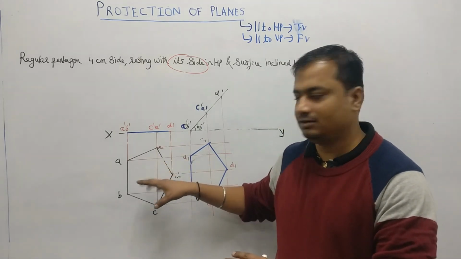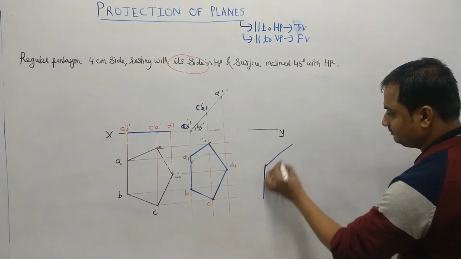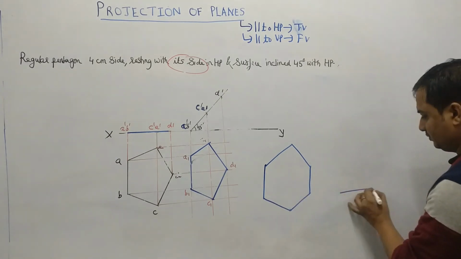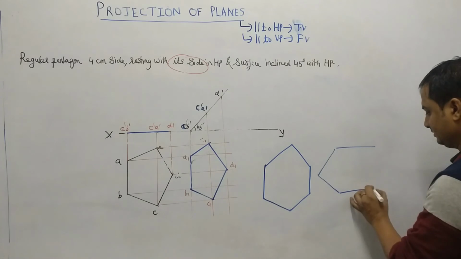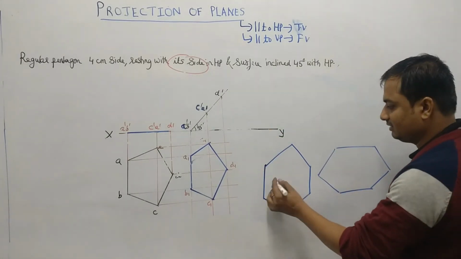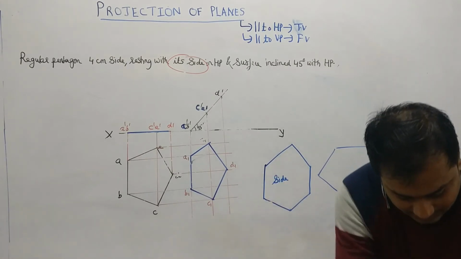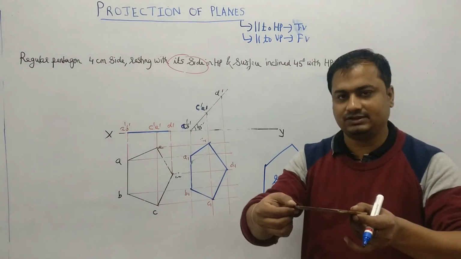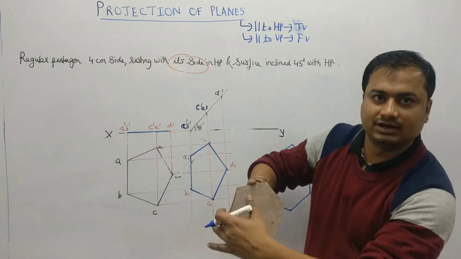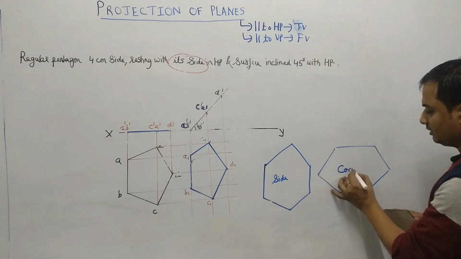For the starting of the hexagon, whether you will be drawing the hexagon like this, so please note it down, whether you will start with this hexagon or you will be starting with the shape like this. You have to start this way whenever the problem mentions that the hexagon is resting with its side. If the hexagon is resting with its side, and then the surface is inclined, the top view when you see this should be vertical. One side should be vertical. This is the side problem, and this is the corner problem.